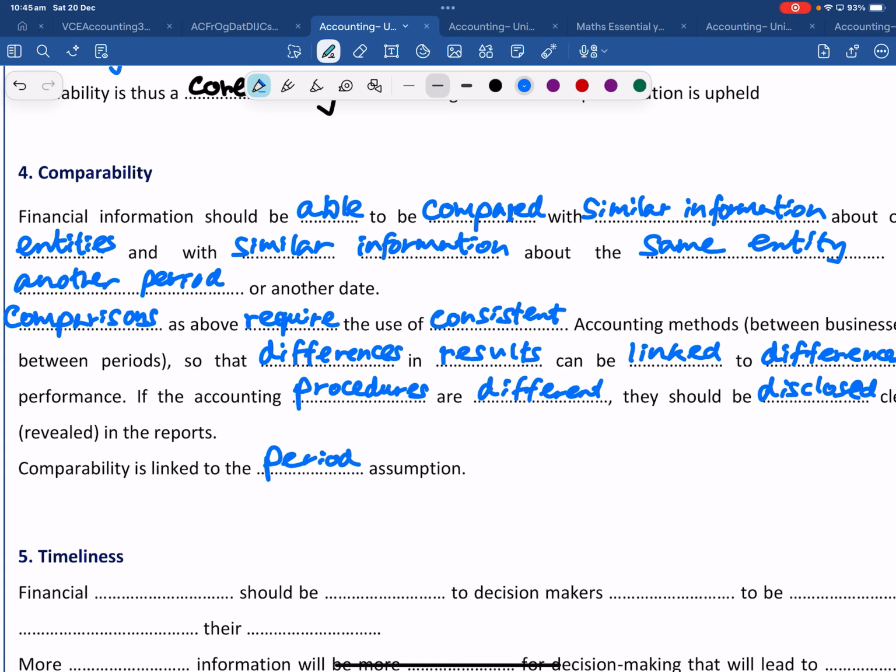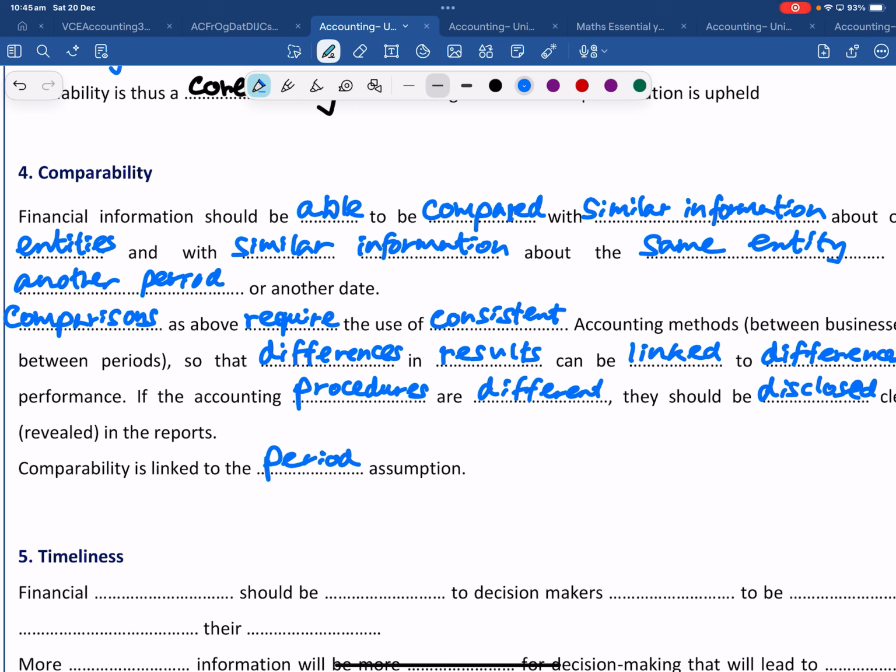However, it doesn't mean that we can't change it. In the world, there's nothing that may not be changed. Yes, everything is changing, including ourselves. It changes physically, mentally. Same thing, every phenomenon in the world is subject to change. However, it doesn't mean that we can't change. We can. If we change it, what should you do? You should disclose. Disclose means you should reveal it, you should indicate, or inform it to the users.